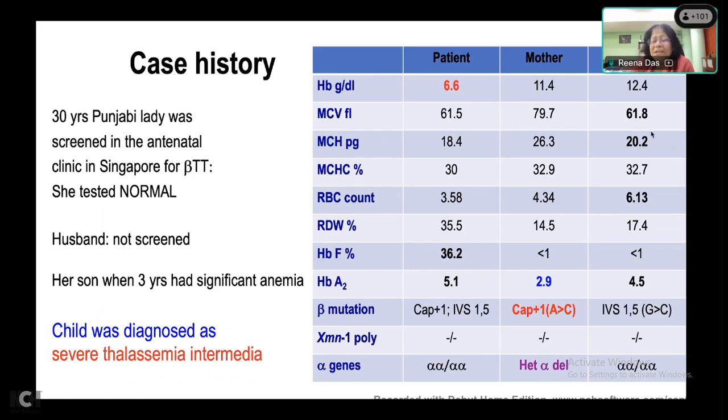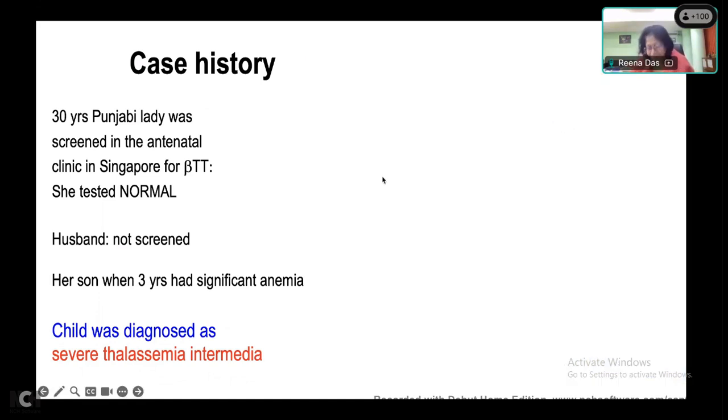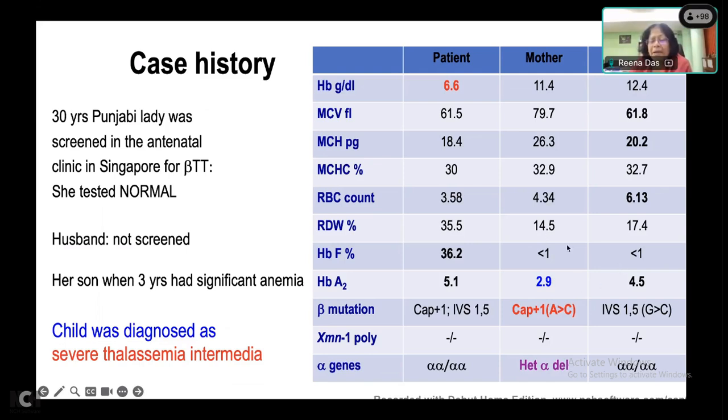Now, the problem was that the mother's hemoglobin was more or less fine, but the MCV was also borderline normal, 79.7, and because of that, and looking at red cell indices, her A2 was found to be 2.9%. Now, 2.9% is an A2 which is completely normal, and therefore she was not screened. When the mutational analysis was done, she turned out to be a CAP+1 mutation. So I told you that some of the mutations can be very mild. So this is known as a silent kind of mutation which is there. In addition, she also had an alpha gene deletion, and because of that, her A2 was falsely low. So we have to keep in mind that whatever screening modality that we take up, there might be some cases which we are going to miss,